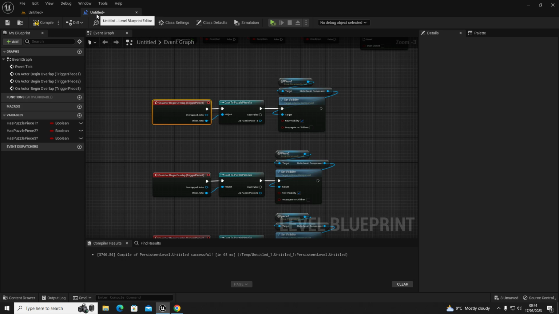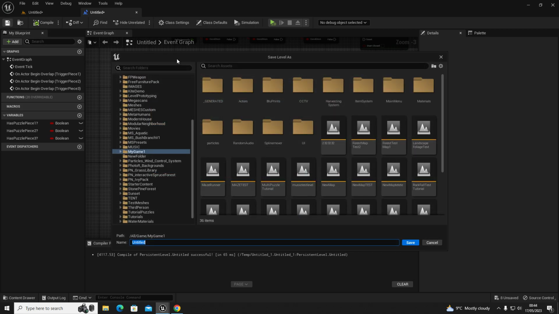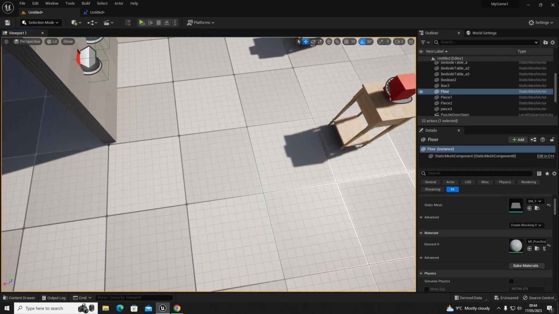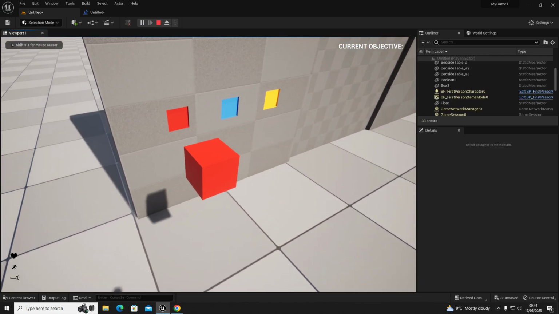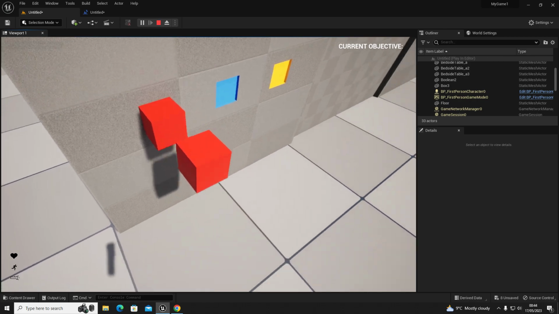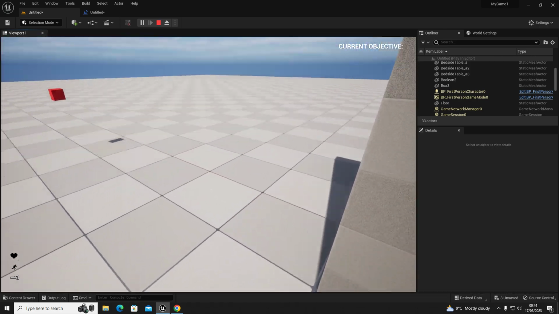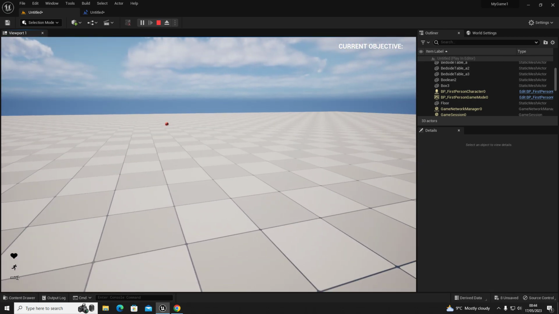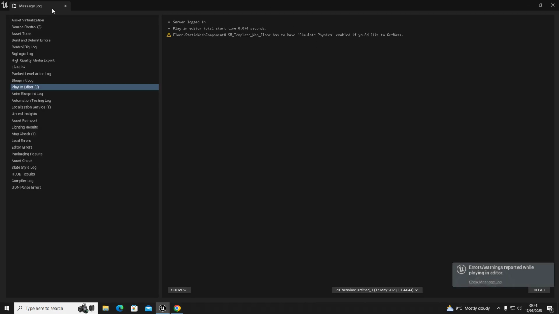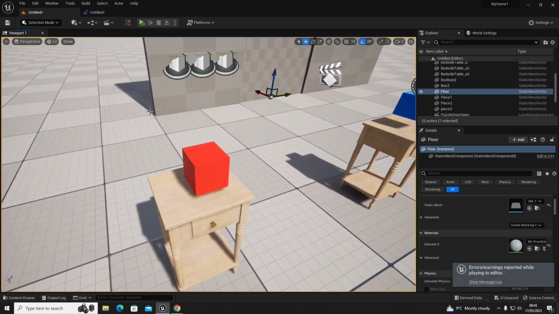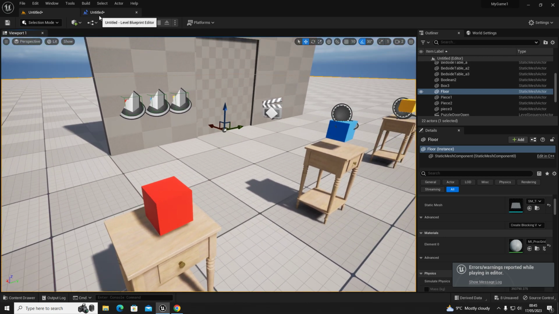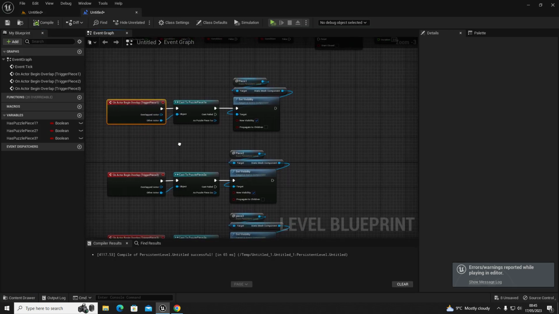So let me show you what I mean. Compile and then go into game. So if I pick this up and place this here, we've now got two. We don't want that. No. So we're going to destroy actor. It sounds evil, but sometimes culling is necessary. So we're going to destroy actor,